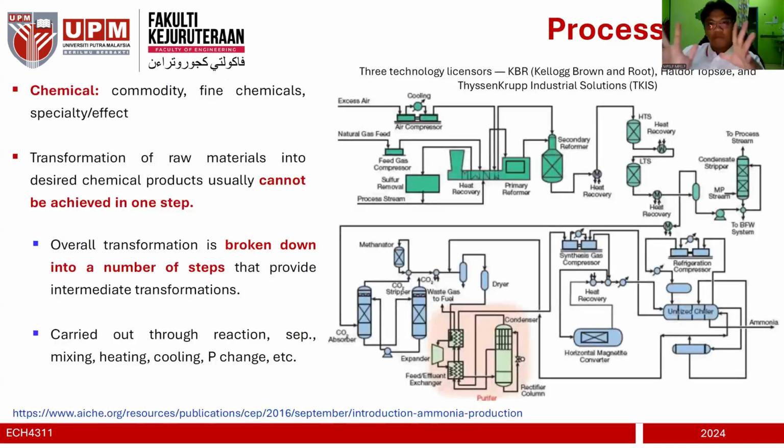But anyway, now, what is process design? Before that, you have to remember, we are living in this world where we have a lot of industries, chemical industry, petrochemical industries, pharmaceutical industries, different kinds of industry, producing different kinds of chemicals, like commodity chemicals, also called bulk chemicals, which are often sold cheap and produced in large quantities because of huge demand. For example, sulfuric acid, hydrochloric acid, ammonia, oxygen, ethylene, propylene.